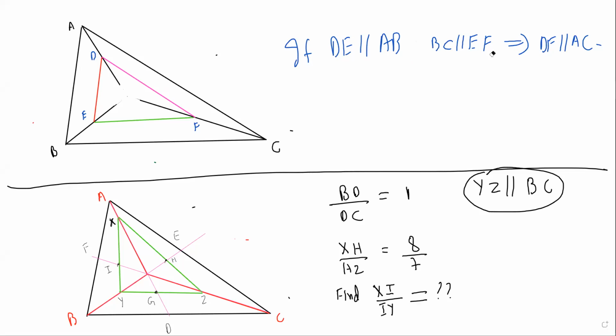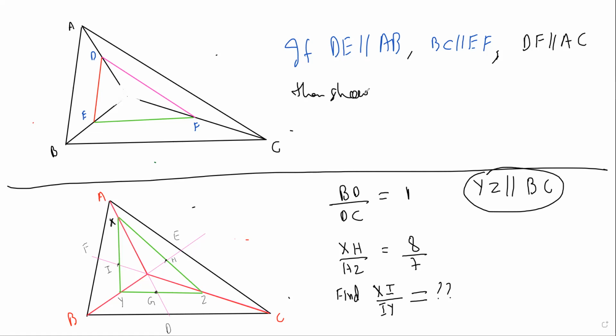Now if I tell you, so you should always, if I'm doing or saying something, interrupt me and ask. Don't just sit and say okay. If anyone of you thinks so, just interrupt me and say wait. So if DE is parallel to AB and BC is parallel to EF, this kind of question you may have never done before, but this is very simple. We'll see if you can do it or not. And if this is true, then